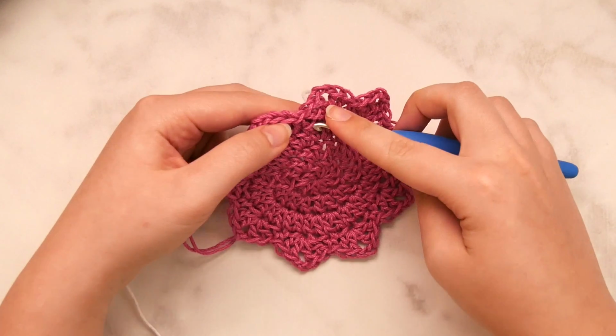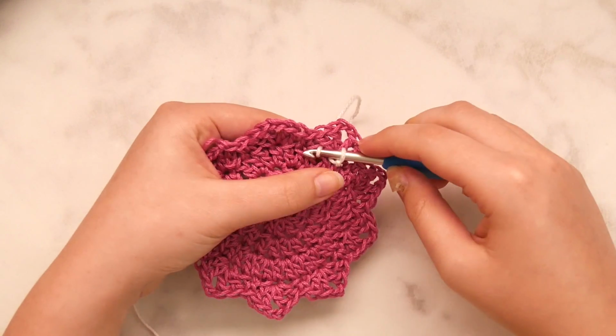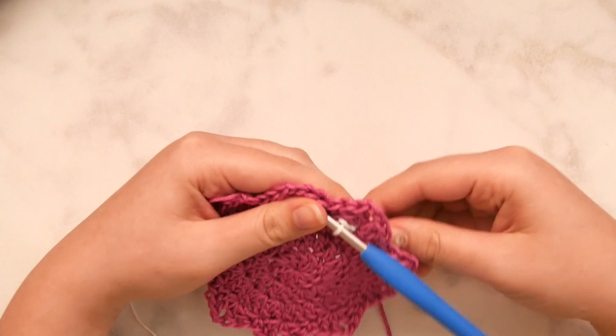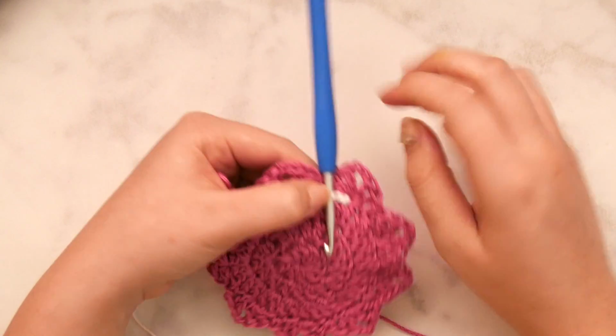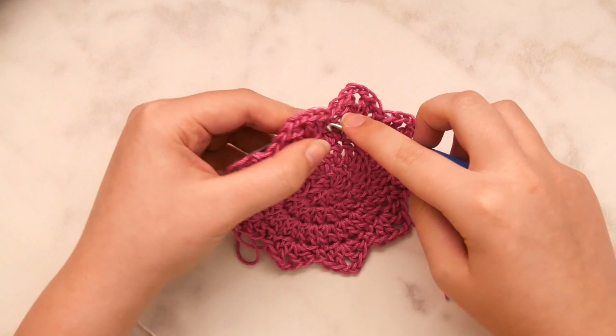And the way we're going to do this is just insert your hook down through the fabric we've crocheted, pull up a loop from behind, and then just pull through to slip stitch. It's a basic slip stitch, we're just not working it in the top of a stitch, we're working it through the actual fabric we've crocheted, and we can see what that looks like here. So we're just going to do that all the way around, so just work through every stitch